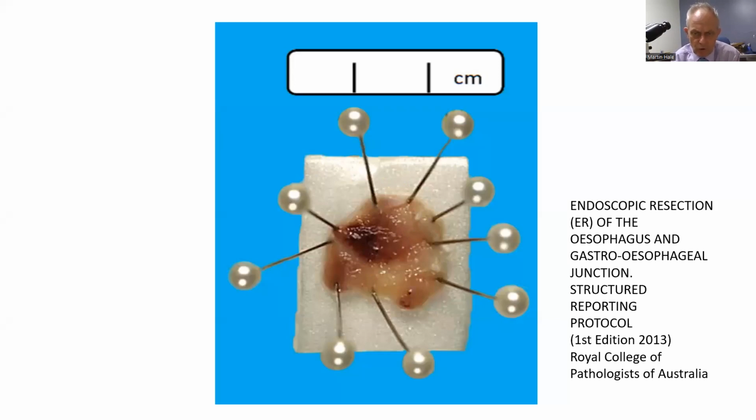But what is very important is the material that you pin it onto must remain rigid. Because when this tissue gets into formalin, it curls up at the edges. And when things curl up at the edges, it makes the processing and the dissection of that specimen almost impossible, particularly if it's thin and particularly if it's small. And in fact, you effectively undo all the good that has been done during the operative procedure. So it must always be pinned out.